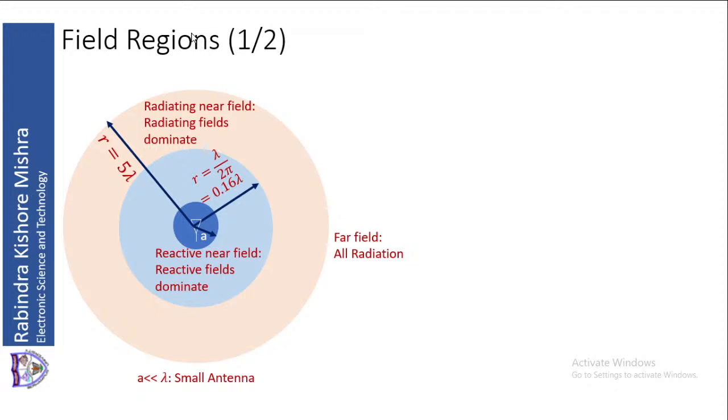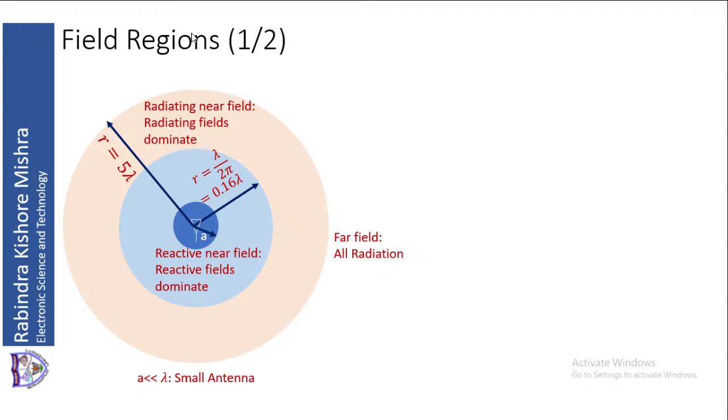1 by 2 pi is approximately equal to 0.16. So this is 0.16 lambda. Then beyond that, if you keep on moving, from radius equal to lambda by 2 pi up to radius equal to 5 lambda,